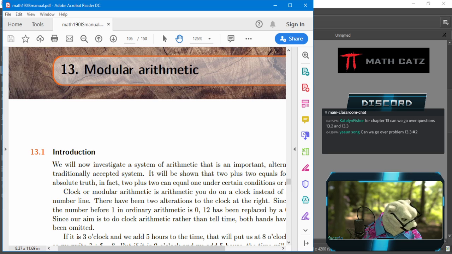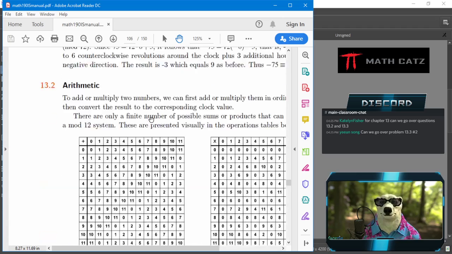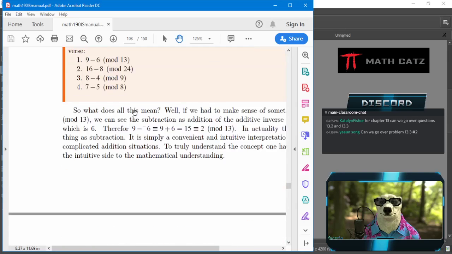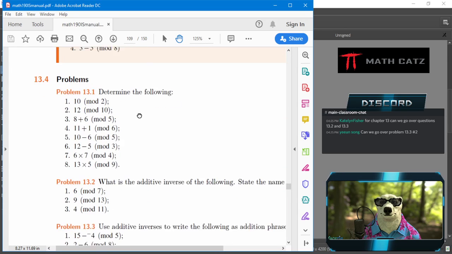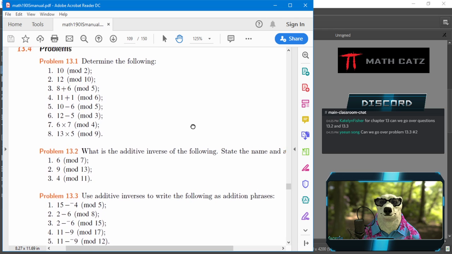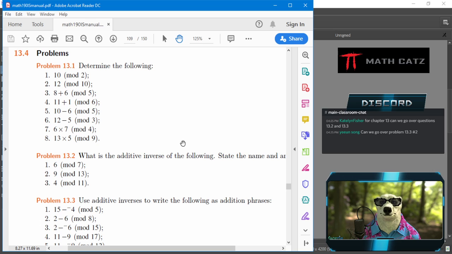For chapter 13, 13.2, 13.3. Okay, where are those things? Okay, so first of all, we need to be able to do a calculation mod something. We're not doing division because that's a little tricky. That seems to be the theme. Division is always the odd one out for our purposes, or is handled separately by divisibility concepts.